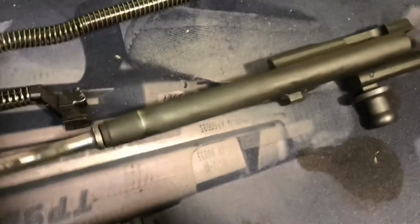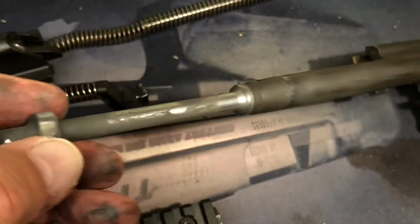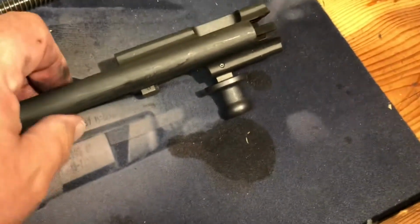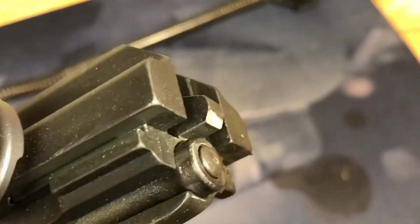Okay, now moving over to the bolt group for the Galil. You're going to expect a lot more carbon. You're going to expect it to be taking a bigger beating just because you've got, like I said, a bigger explosive force going on. And as we look at this particular tail,